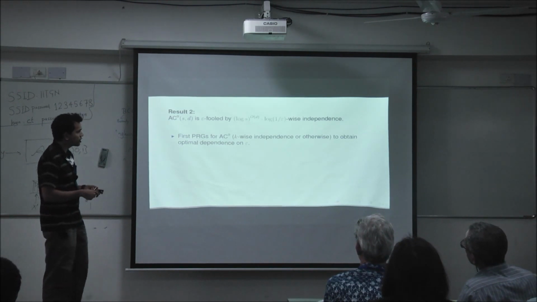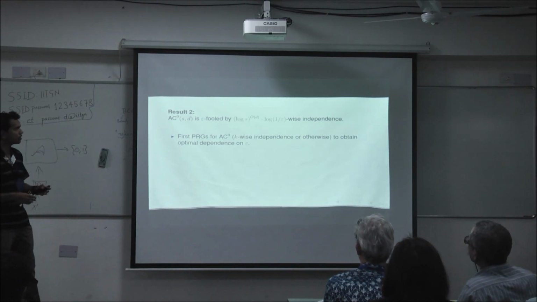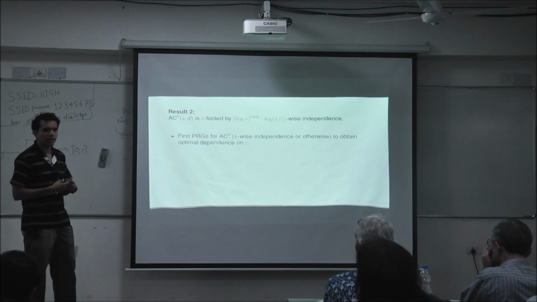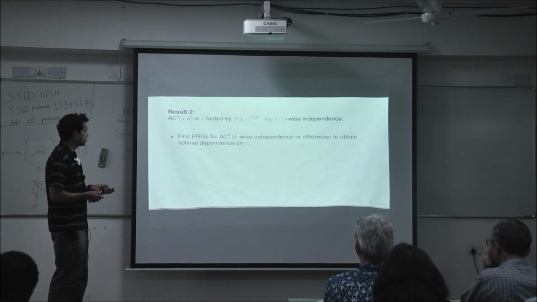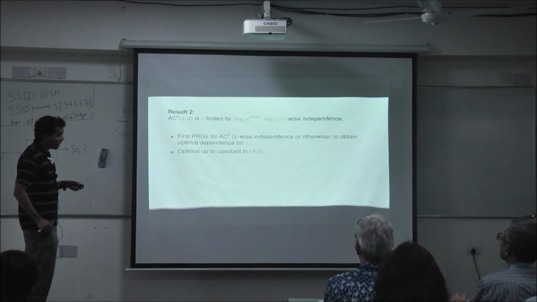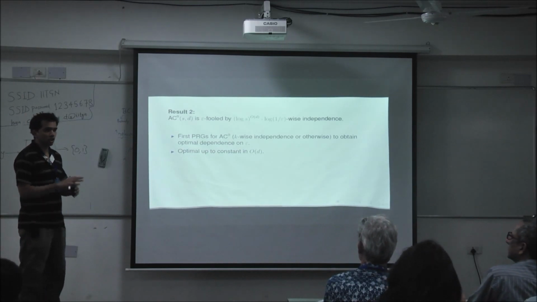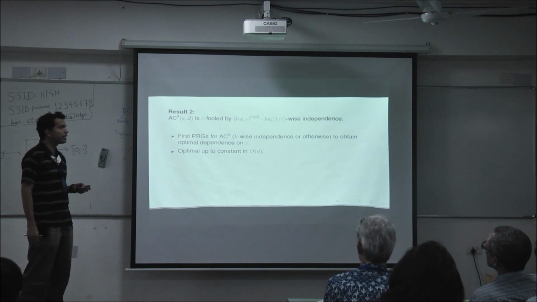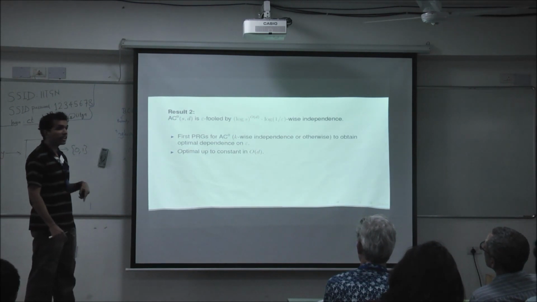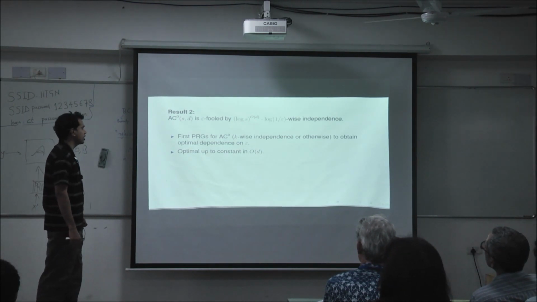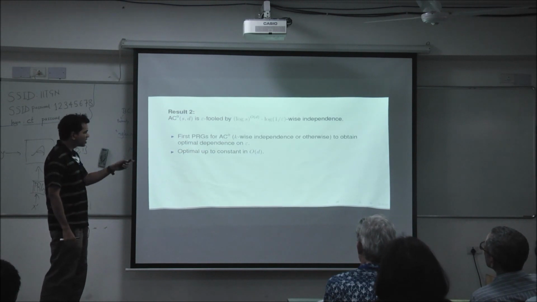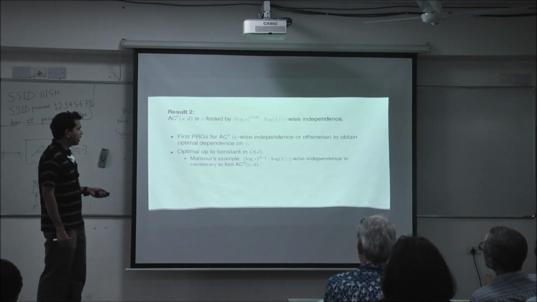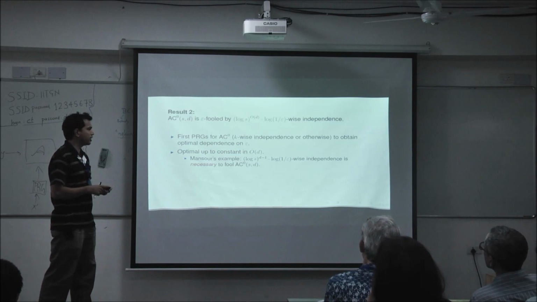So this is the first PRG for AC0, irrespective of independence or otherwise, to obtain this optimal dependence on epsilon. Right. Now, we are not home yet in some sense, because you can still ask: there's this fudge factor of order d in the exponent, so can you improve that constant hiding there to the right constant? And it turns out you can't improve it by more than a constant, and this is one of the motivating things that I said.